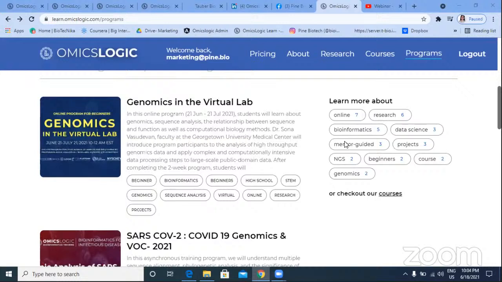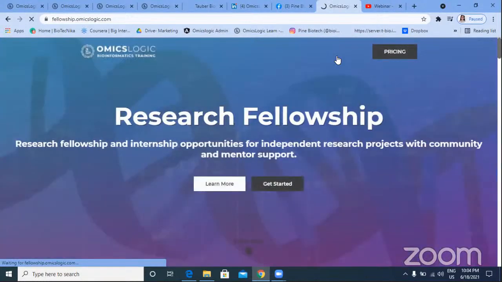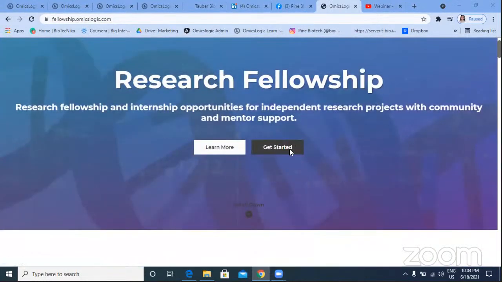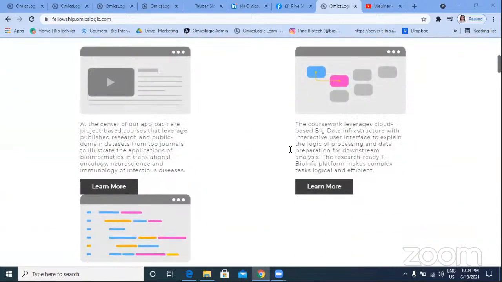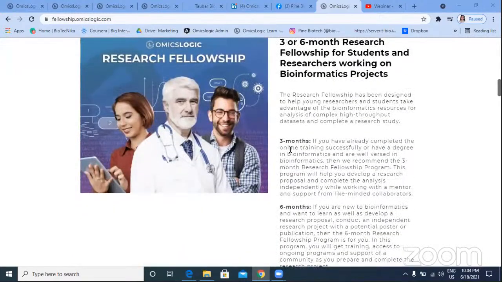On this page, in the top menu, there's a link to research. So Sonalika, if you could show the research page. If you are a graduate, undergraduate, or postgraduate student, or even a researcher who would like to work on a research project, we have this 3 or 6 months research fellowship program. You could check that out.